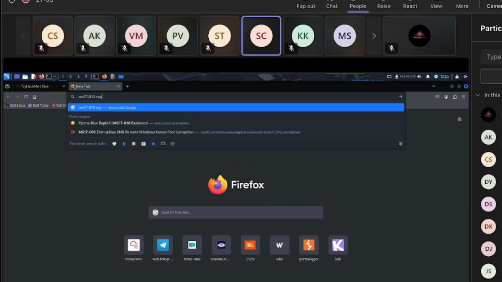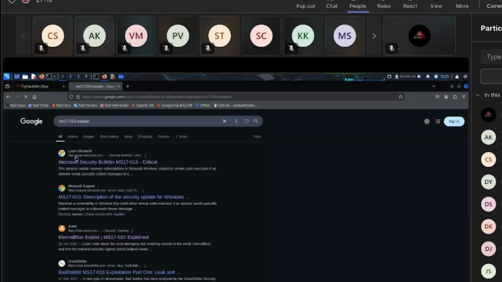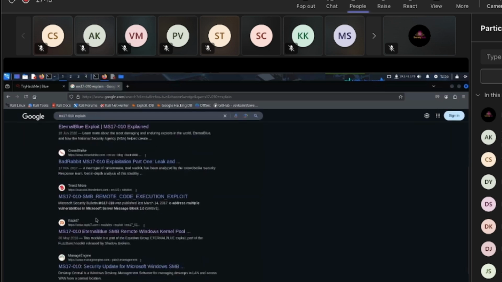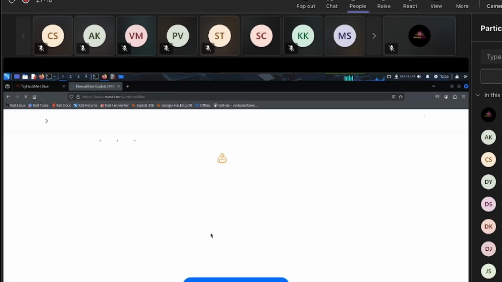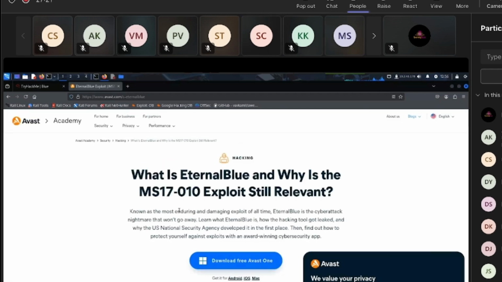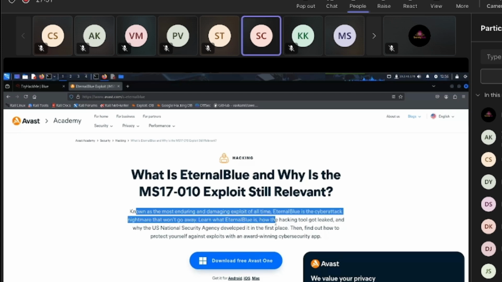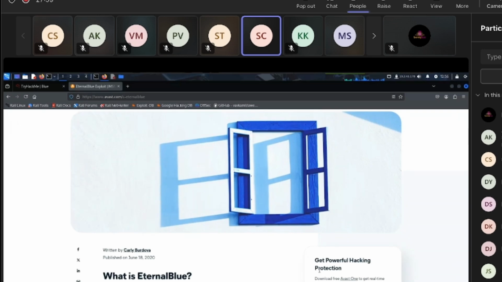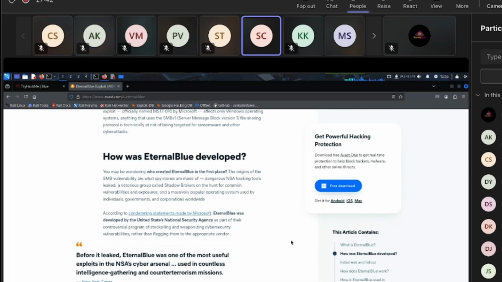MS17-010 explained. Okay, let me search. It says it is known as the most enduring and damaging exploit of all time. EternalBlue is the cyber attack nightmare that won't go away. Learn what EternalBlue is. Okay, fine. So they are saying it's the worst nightmare, this vulnerability. Windows is actually very